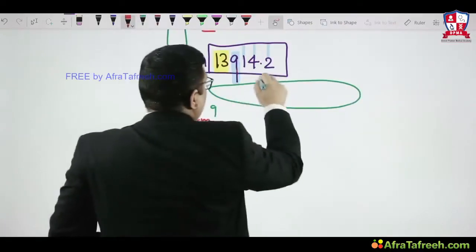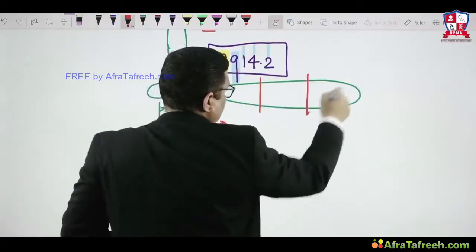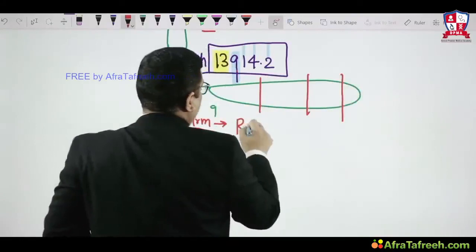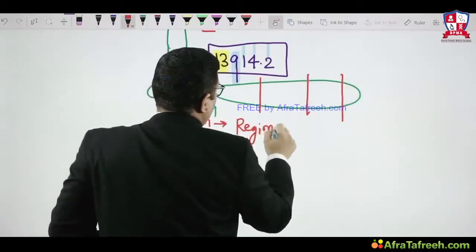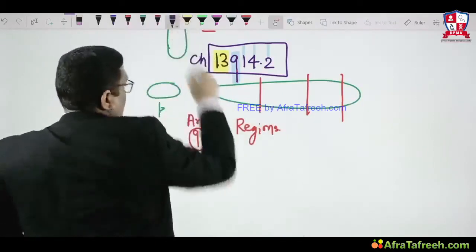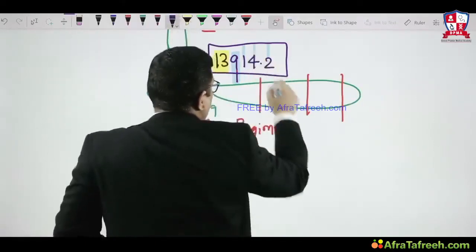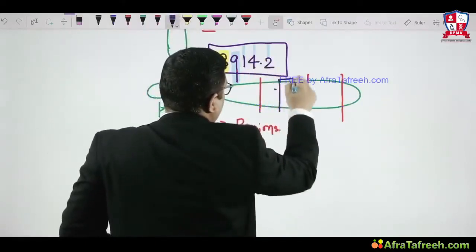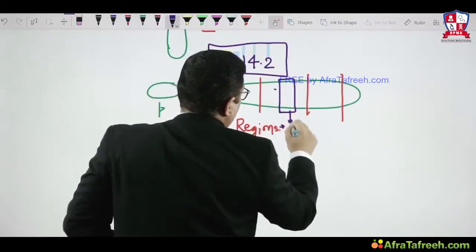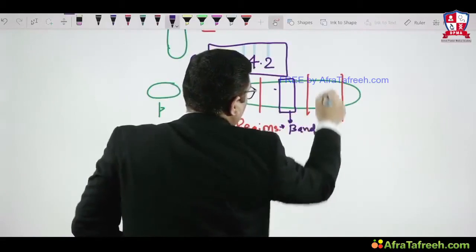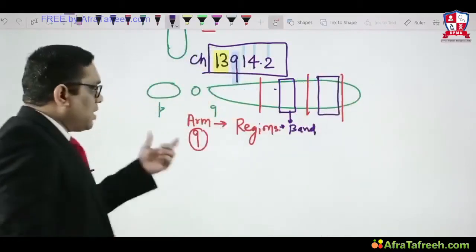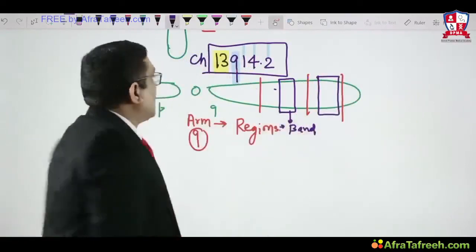So this chromosome will be divided into regions, right? So these are the regions, in red color what I am showing you. The arm is divided into regions, and inside the region you will see bands. So this is the band, right? So arm, region, band, and within the band